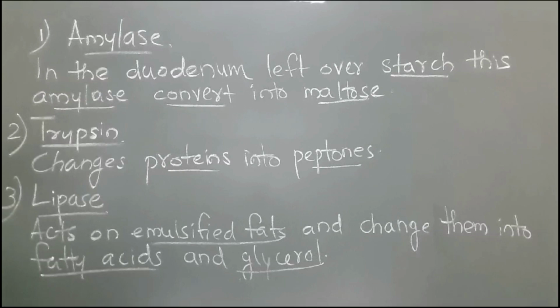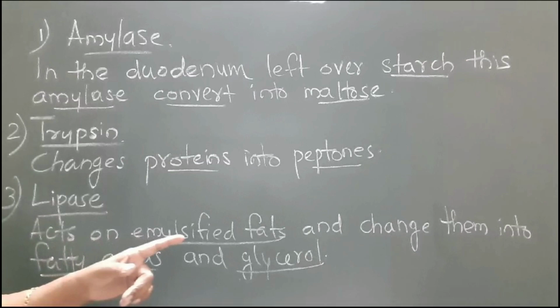So bile doesn't act on fat, bile doesn't digest fat. It only emulsifies and then gives it to lipase, which is pancreatic juice. Lipase will digest the fat and change it into